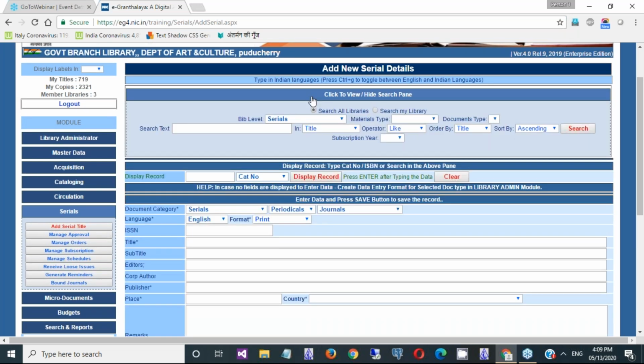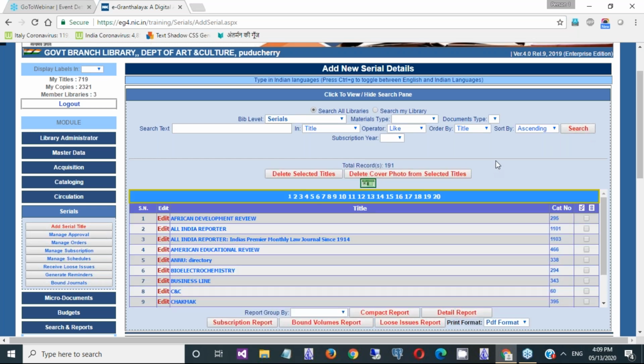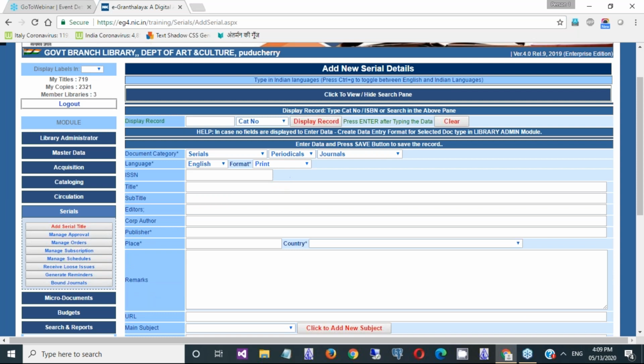Otherwise, you can first search by many of the fields, and you can give the keywords accordingly and press the search button to find out whether a particular title is already available, already entered by you or by some other libraries participating in the cluster of eGranthalaya. I wish to take a fresh example basically.